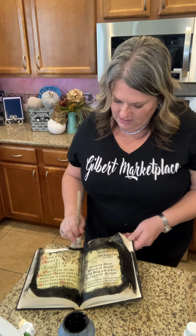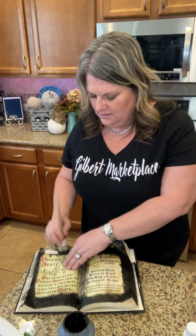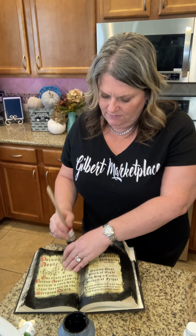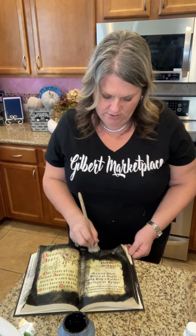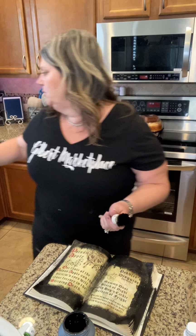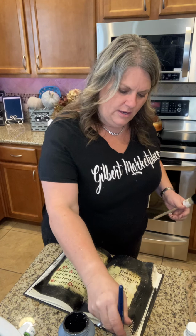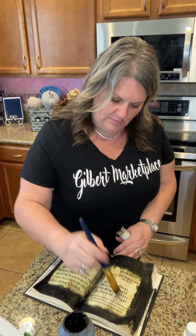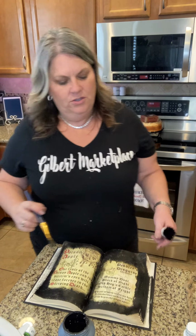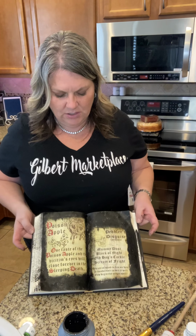Now, like I said, normally this whole book would be glued, but I don't want to obviously bother you with gluing or Mod Podging every page. That's unnecessary during the tutorial. It will take hours. I wouldn't say hours, but a while. Okay. And maybe you need a little bit smaller brush to do in the cracks here. We want it to be the dark black, but I don't want it to get all completely over the words. Okay, so you got the concept there. This would be all black like that